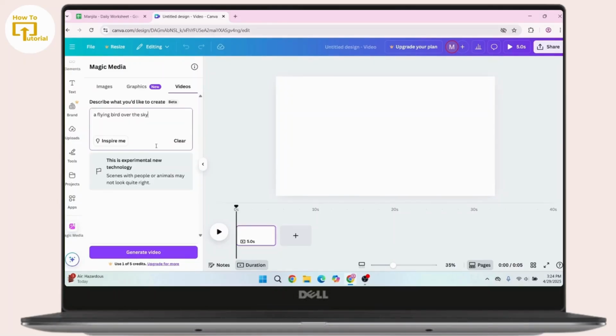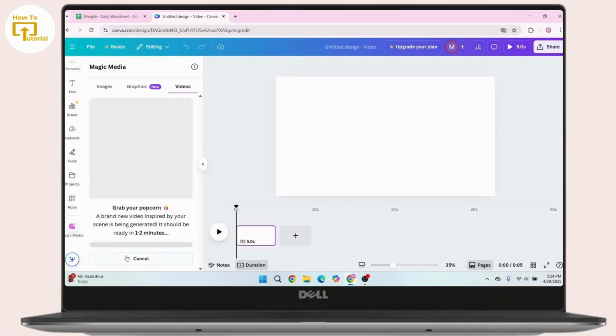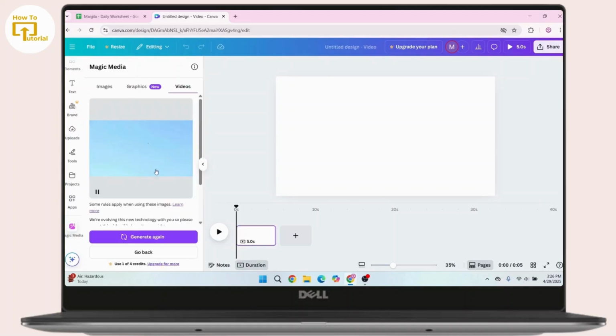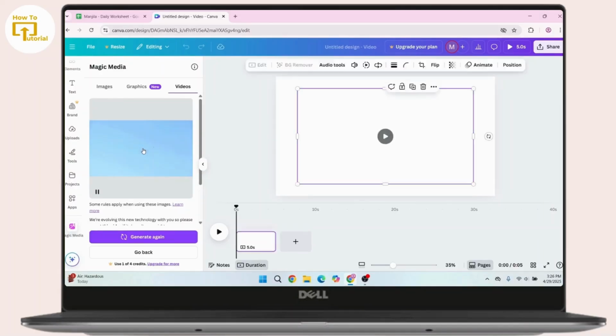Once you are done with that, here click on generate video. Now wait for a while until Canva provides you the video from the text that you have typed in. As you can see, Canva has provided me with this video where I can see a flying bird over the sky. In order to use this video, you have to click on this video